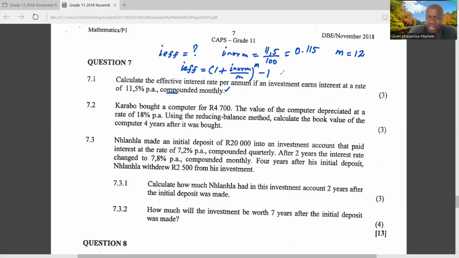So now we are given the nominal interest rate that is compounded monthly. So this would be 1 plus, the interest rate is 0.115 over compounding period is 12, to the power of 12, minus 1. So let us work this out. We need to round to 4 decimal places. So this would be 1 plus 0.115 divided by 12 to the exponent of 12, then minus 1, and this will give us